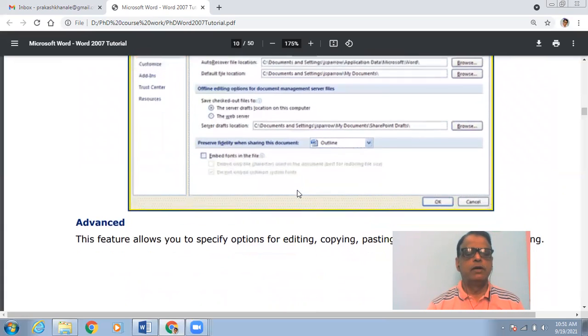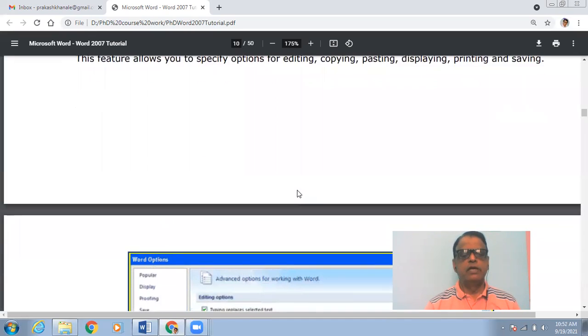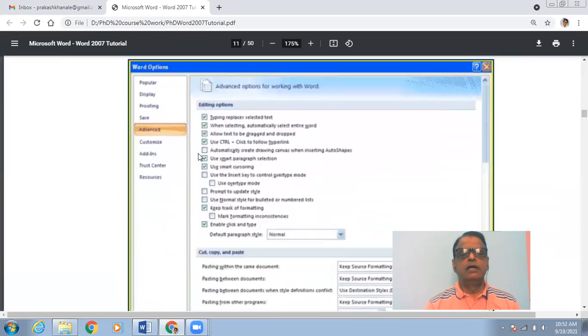There are certain advanced features which will allow you to specify the options of editing, copying, pasting, displaying, printing, and saving. Whenever you click on this button, several advanced options will be provided. Now you need to understand what these options are and see which are on by default.